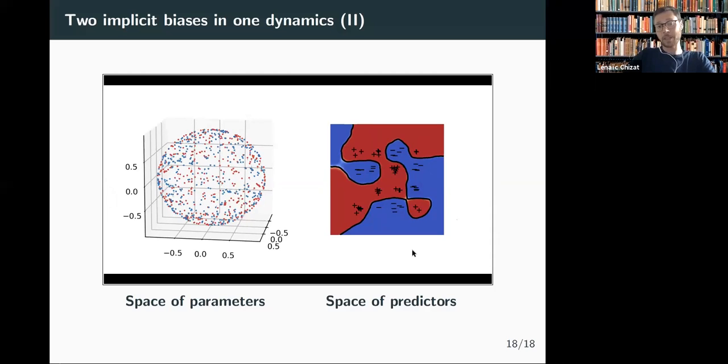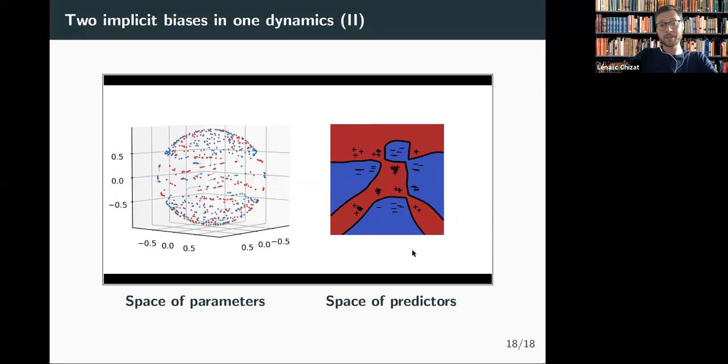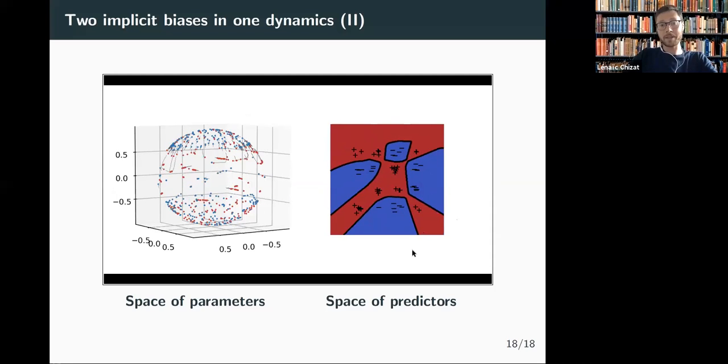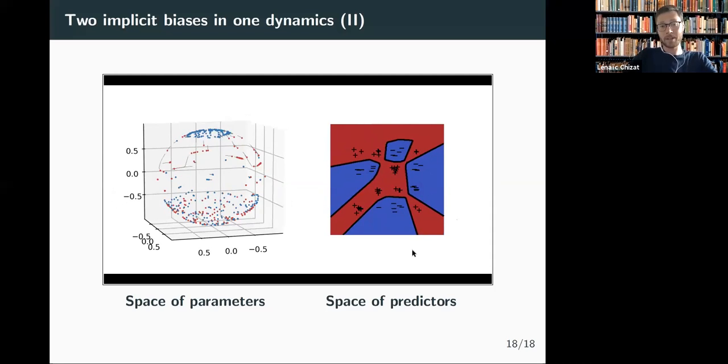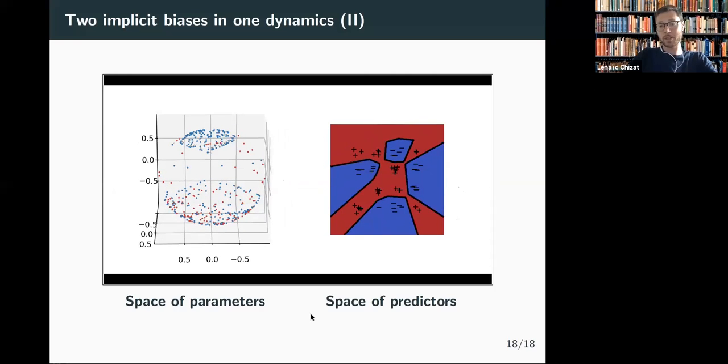And then if we let the dynamics evolve on a longer time, then the theorem that I have presented applies. We observe this sparsity inducing effect of the total variation norm, and we converge to this F1 max margin classifier. So here, this is just a two-layer ReLU neural network trained with gradient descent, and we see that we have a rich family of implicit biases that appear. First, some F2 max margin, and then the F1 max margin in the long term. So I will conclude my talk here.